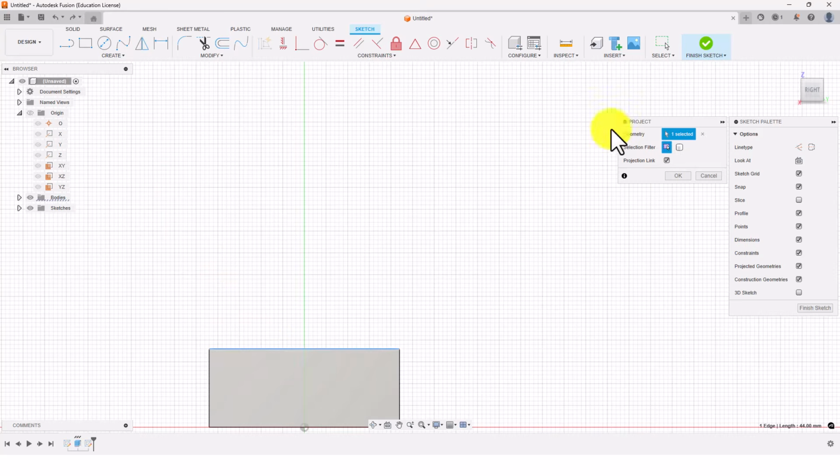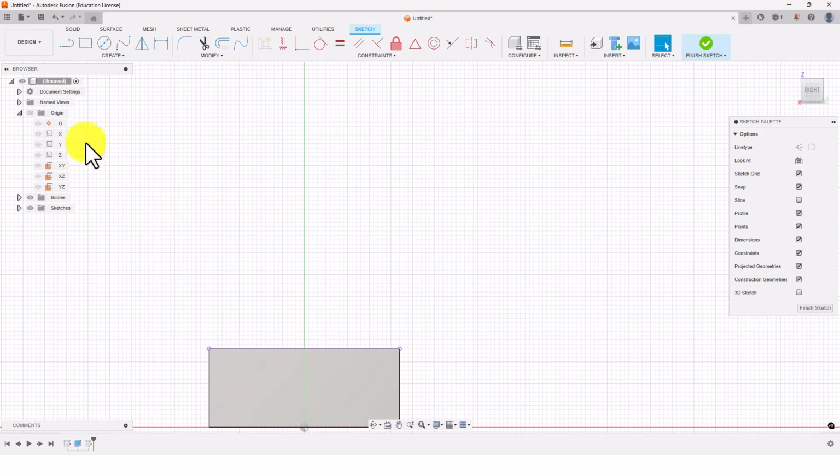So here you can see a new window came. Here you have to give OK so that a line with the two purple endpoints is coming. So it represents that the line is projected. Now let's try to draw two vertical lines for the given height, which is 22, which represents the vertical faces